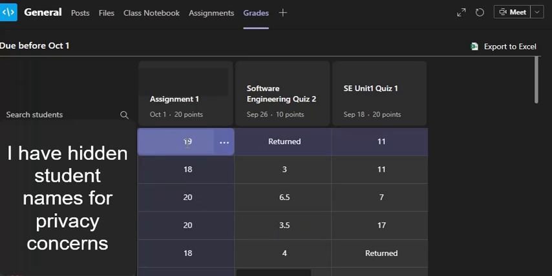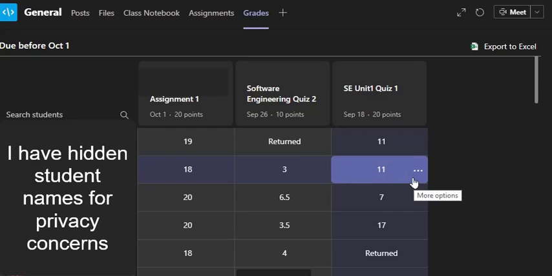Your students' work will have different statuses. One is viewed, if the student has opened and viewed the assignment. Turned in, the student has turned in the assignment and work is ready to grade by the teacher. Or returned, or you can see points. When you have graded student work, the points assigned will show, or you will see returned if the assignment doesn't